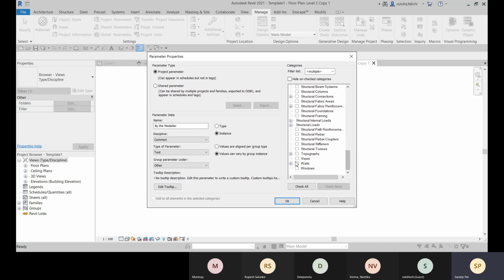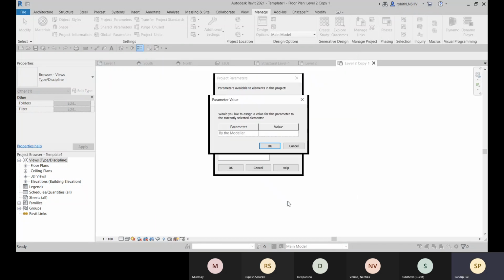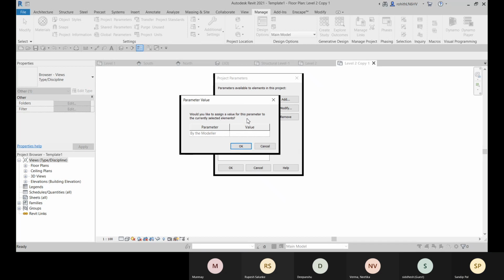So we will make it as per the view. Okay, so this parameter will be assigned for the views. So let's click on OK. And here you see that no values are assigned. Okay, so right now I can give it a default value. So that will be the initial value. So let me give it my name.